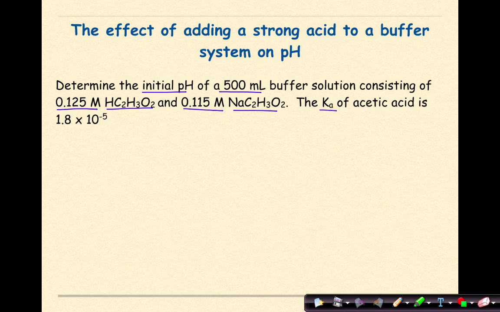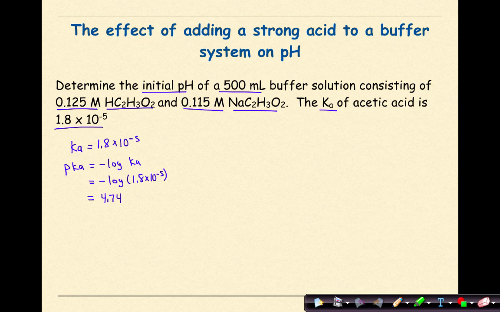The Ka of the acetic acid is 1.8 times 10 to the negative 5. If we know that our Ka is equal to 1.8 times 10 to the negative 5, we can find pKa, because we know pKa is equal to the negative log of the Ka. So I'm going to substitute that in: negative log 1.8 times 10 to the negative 5. And if we work that out, we know that it will be